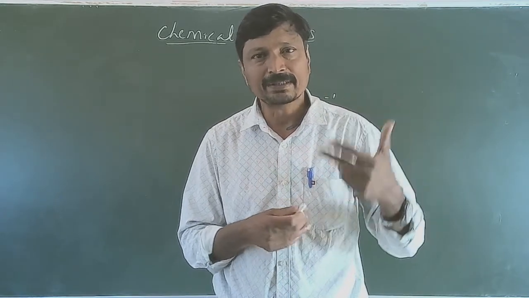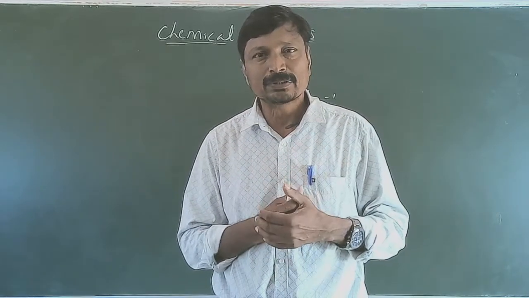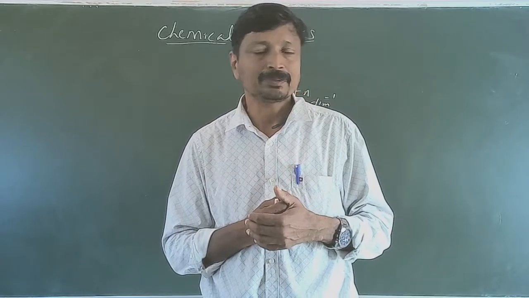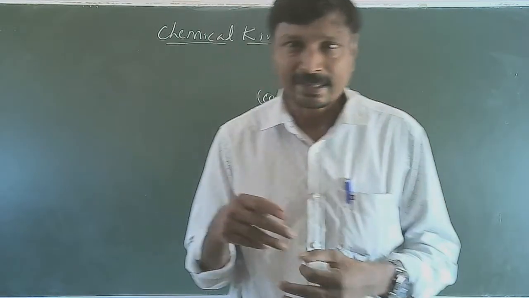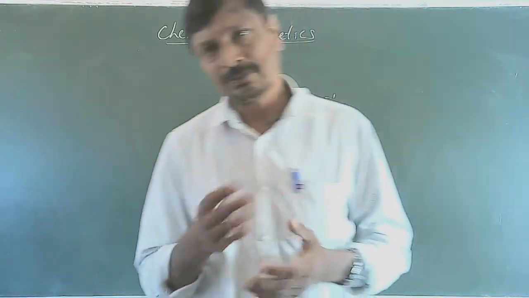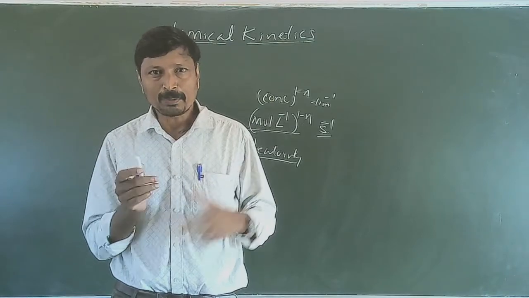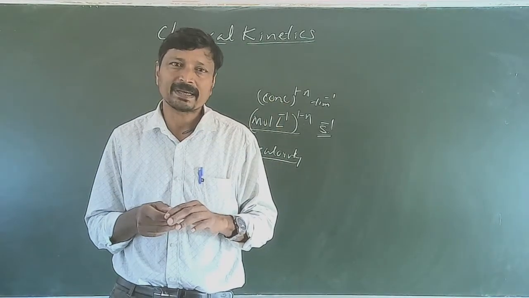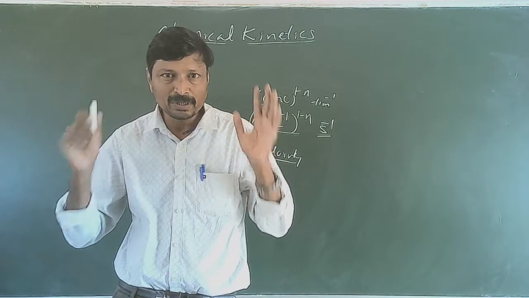So, that reaction takes place in 2 steps. Out of the 2 steps, the first step is the slow step, that is the rate determining step. And we have studied the SN1 and SN2 reactions in alkyl halides also. There, SN1 reaction takes place in 2 steps. Out of that, the first step is the slowest step, that is the rate determining step. For SN2 reaction, the reaction takes place in only one step.